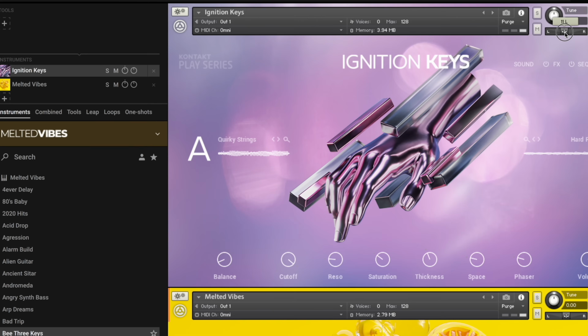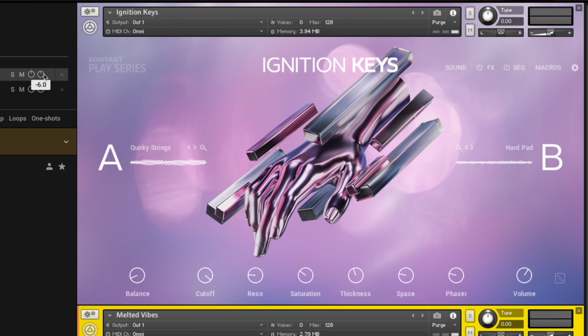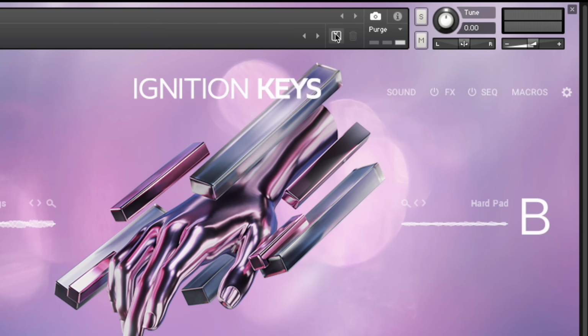Watch what happens if I change the panning on this. You can see that this little knob right here moves as well. So they've got a new way for you to think of panning and volume, as well as solo and mute. Also in the header is where you can do snapshots of an instrument, which is basically a patch, your own